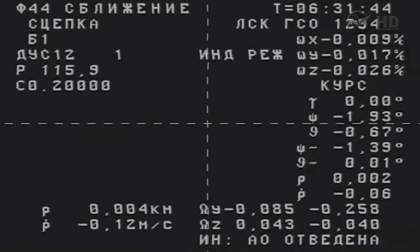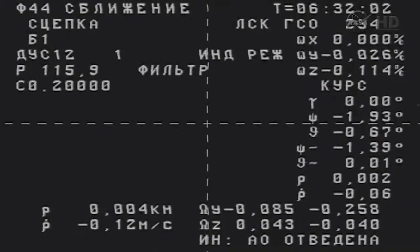We have contact. Copy. Contact. Congratulations, guys. And Progress 56 now arrived at the International Space Station at 10:31 p.m. Central Time. The station and Progress were 225,